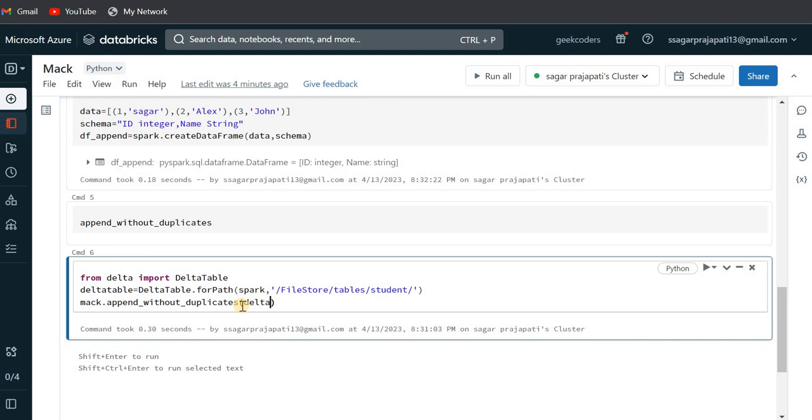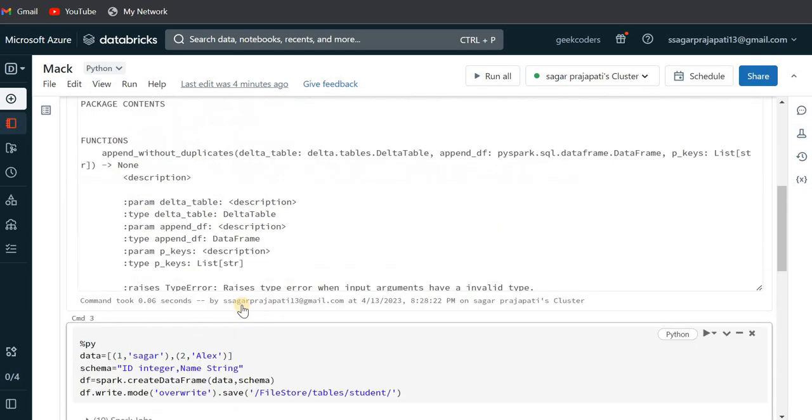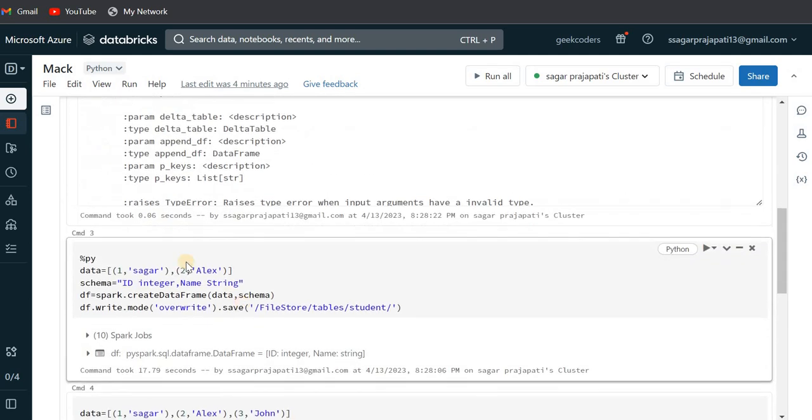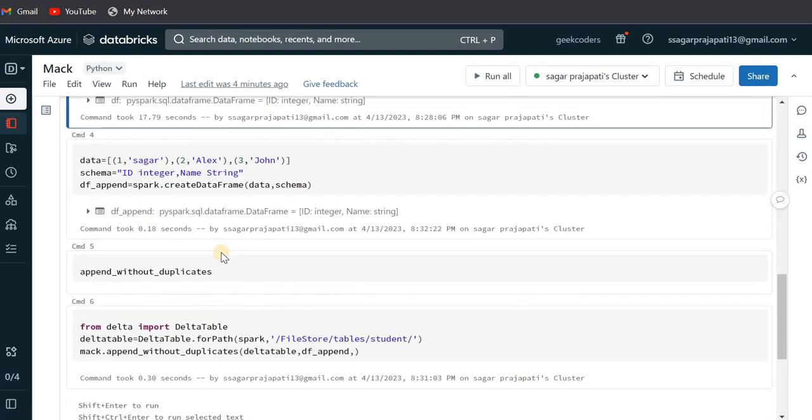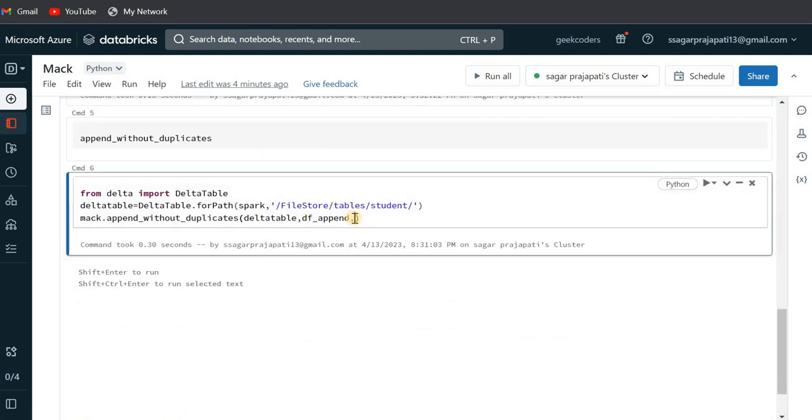Simply write here delta table comma, and here I will write df_append, and then I need to pass the primary key. The primary key of this data set would be the id column. So if I write id, we can pass it in a list, and if I run this, then you can see